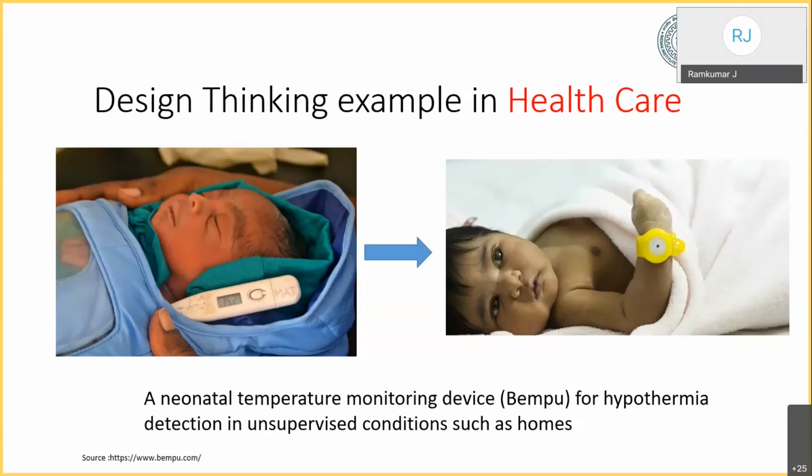If you look at all the thermometers, they start from 91, 92, or 95, and then go on to 107, 108. When we say fever, we always realize that fever is only hot, but there is also a cold fever. Majority of the thermometers available cannot measure cold fever. So here is a device developed by a startup in India. It will be attached to the baby, tied to the wrist like a wristwatch, and this temperature measuring device will run continuously.